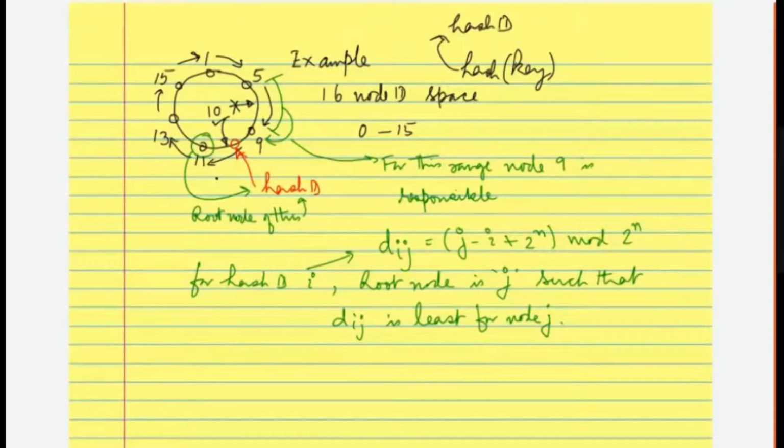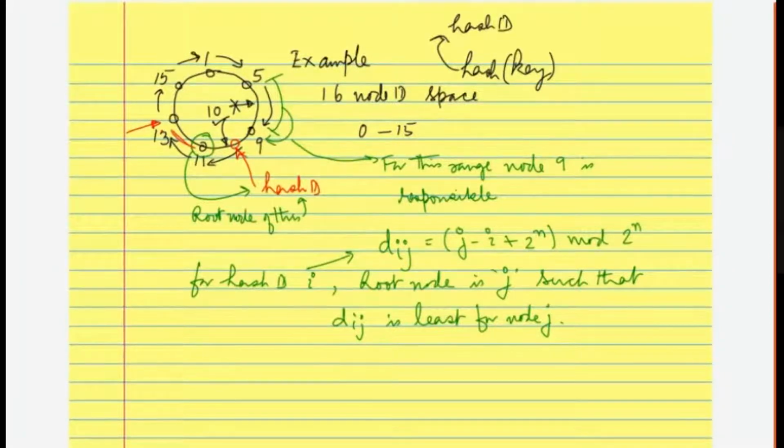So this hash ID, for example, belongs to this particular point in this node ID space. Then the root node for this one will actually be 0 in this fashion. So the definition is the node ID which is closest, or which is greater than or equal to the hash ID, and which is smallest in magnitude in cyclic fashion. So that will be the root node as per this definition. If at any point of time you have your hash IDs in this range, then this will be the root node. So this is how it is going to happen.